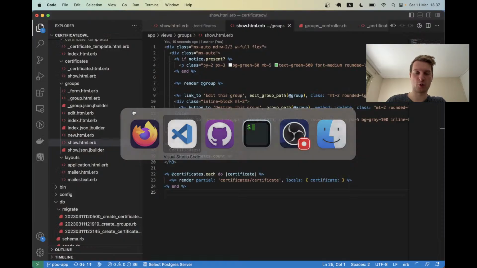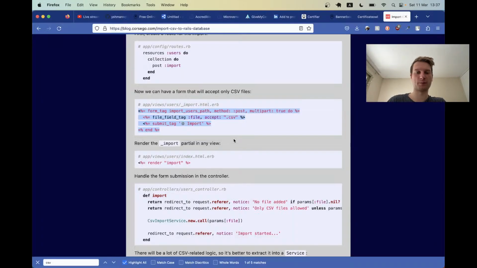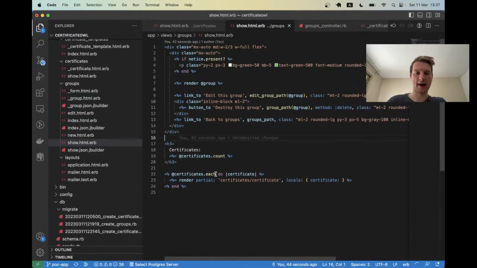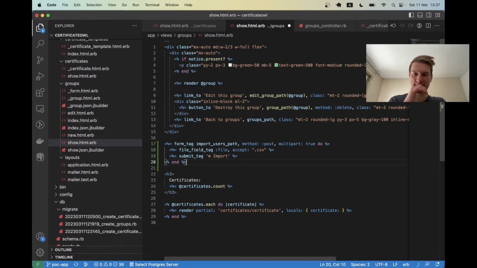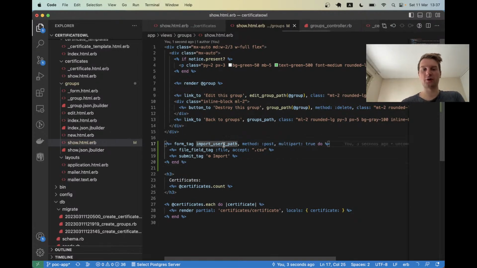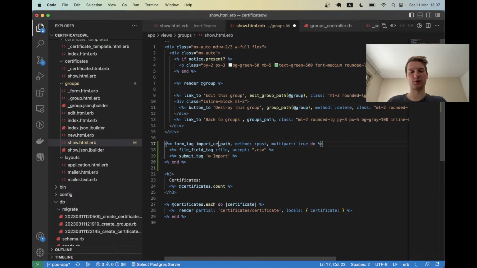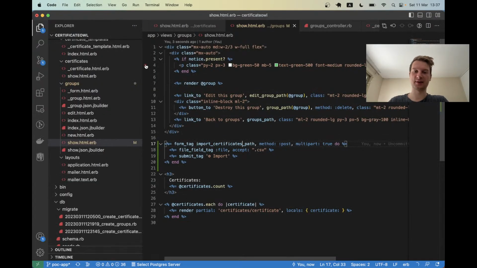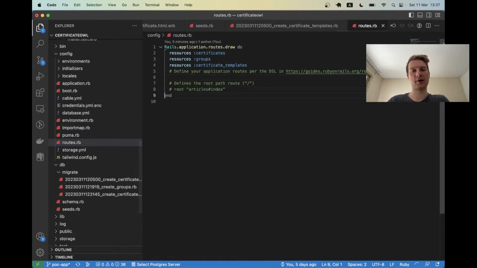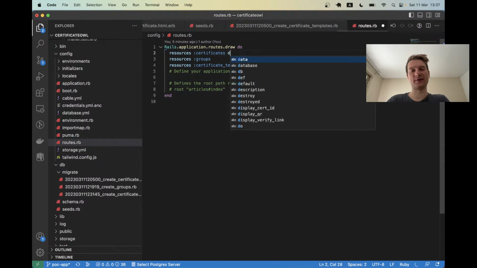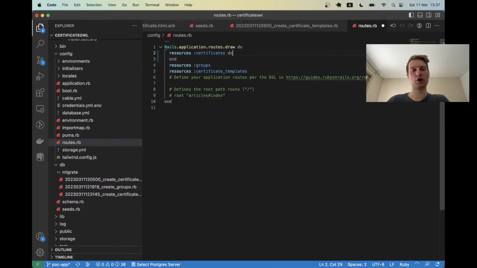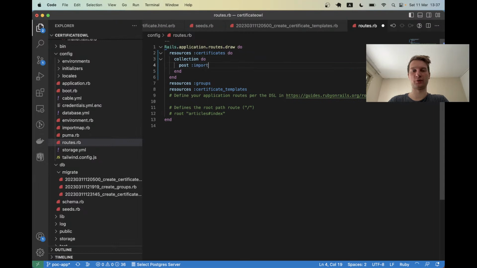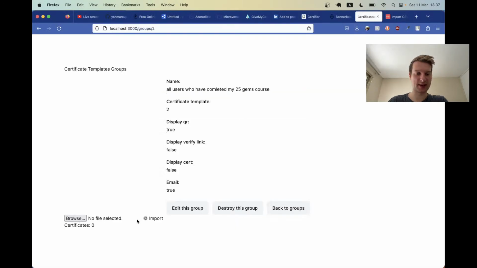I'm going to have some kind of form inside the list, inside the group. So to generate certificates, we'll need to have a form to upload a file. So import certificates path, for example. The path doesn't exist yet, so let's add the path. Resources certificates do collection do and post import. Now the path exists, and we have